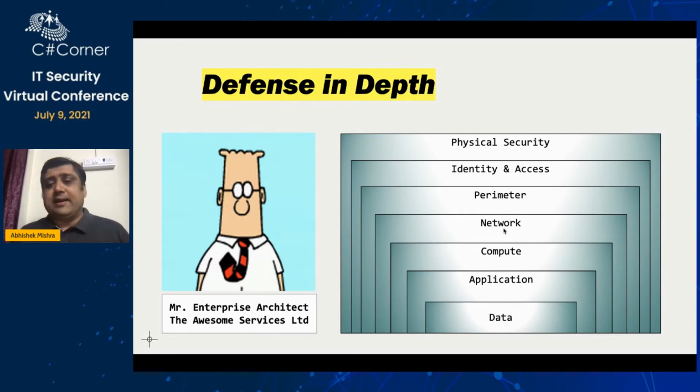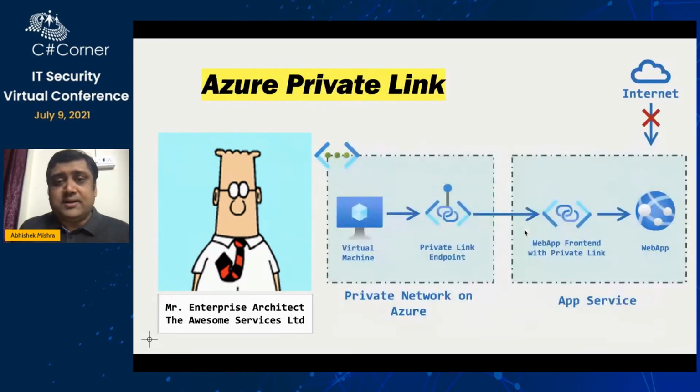Outbound also, there are different ways to control it. We can delegate our subnets to a web app and integrate it, but we are not taking up the delegated subnet concepts here, to keep greater control. So we'll stick to the private link thing. Okay, so now let's see what it is.